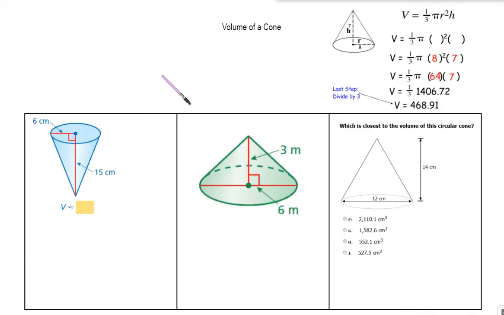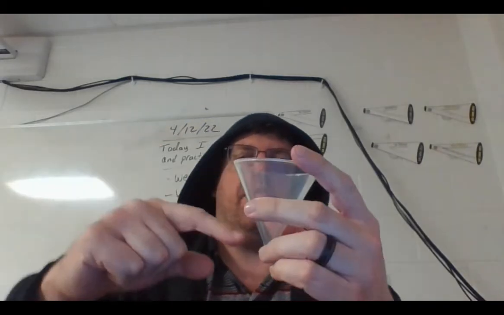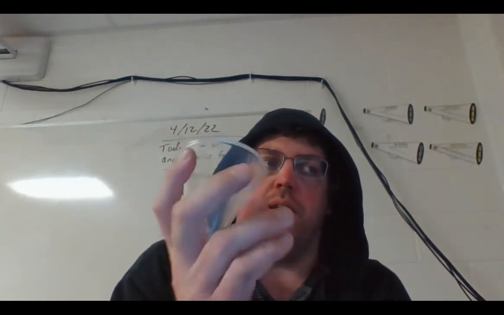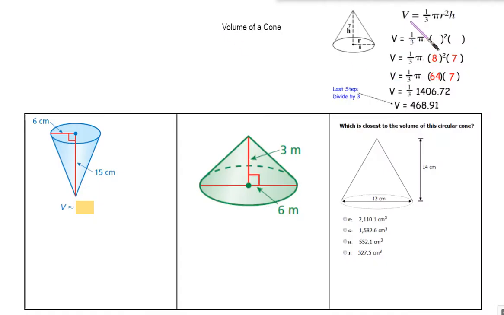All right, let's talk about volume of a cone. Volume of a cone is how much the cone can hold if you're filling it up. So here's my cone. If I was going to try and fill this up with liquid, how much liquid could my cone hold? Or if I was at an ice cream store, how much ice cream could my cone hold? That's my volume. So the formula for volume of a cone is 1/3 pi r,